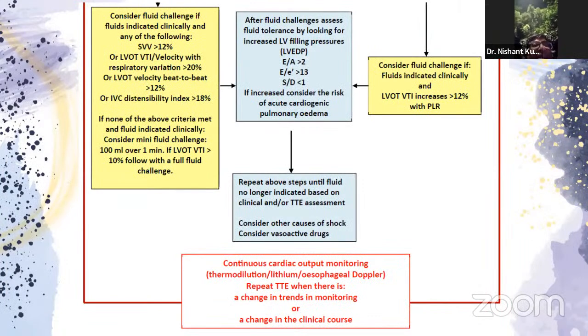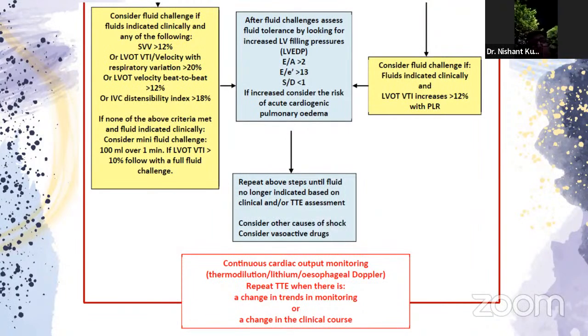If these conditions are not there, consider fluid challenge if fluids are indicated clinically and with any of the following, that is SVV more than 12%. We have the LVOT VTI velocity with respiratory variation of more than 20%. Beat to beat LVOT velocity change of more than 12%. IVC distensibility index of more than 18%. So, if these conditions are not met, you can try the micro or mini bolus, and you see again the